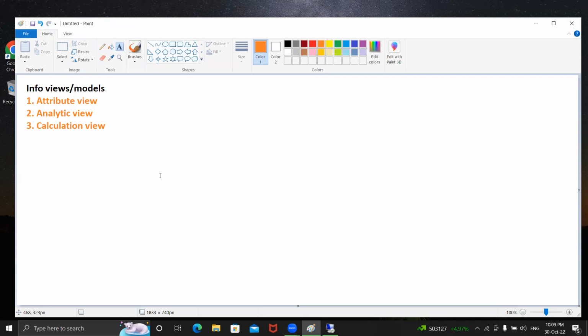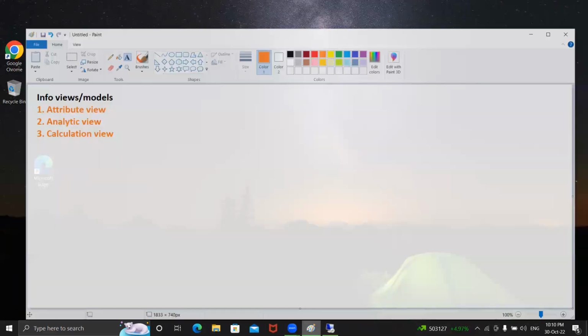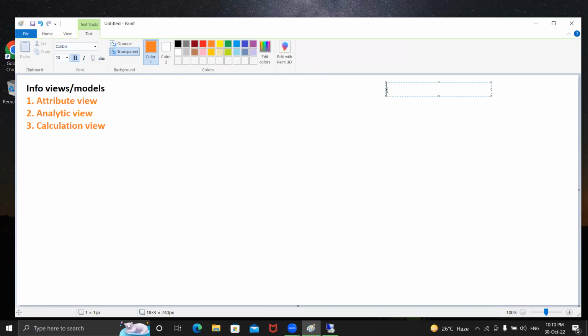Like in our traditional ERP systems, whenever we have to create a report fetching the data from different tables, we have to fetch the data from each and every table. This is the traditional ERP system, right? In traditional ERP systems, whenever we have to create a report fetching the data from, let's say, 4 to 5 different tables, first we have to fetch the data from